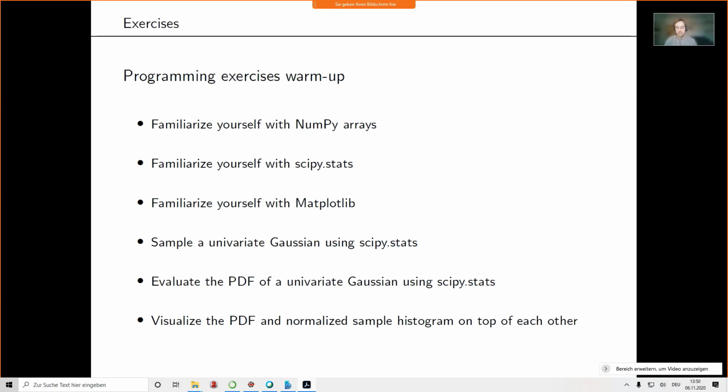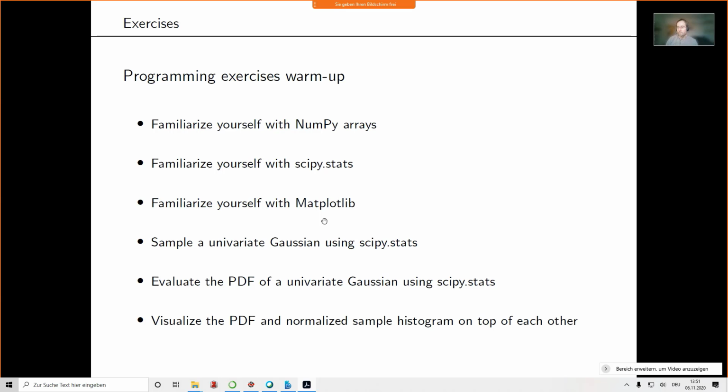That said, like I said, I want honest solution attempts, and in the presentation, again, honest solution attempts, but it's not that there is only one correct way how to do things. So these are just my recommendation. Use NumPy arrays, use SciPy Stats, use Matplotlib for your visualizations, and that's essentially all you need for all of this programming here.